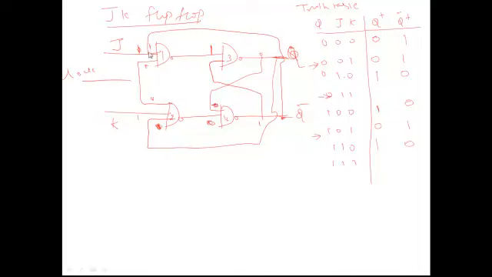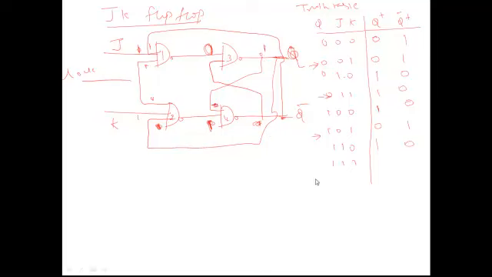So the top flip-flop will give you 1, 1, 1 combination will give you 0 here. Bottom flip-flop, one input is 0, the output will be 1 here. So what will happen? If any input is 0, the output will be 1. So Q will now become 1. This 1 will come here. Already 1 is present. 1 and 1 combination will give you 0. So Q is 1, Q bar is 0 for this combination.